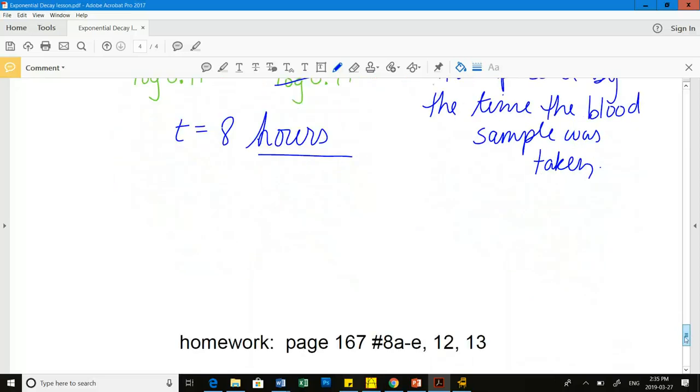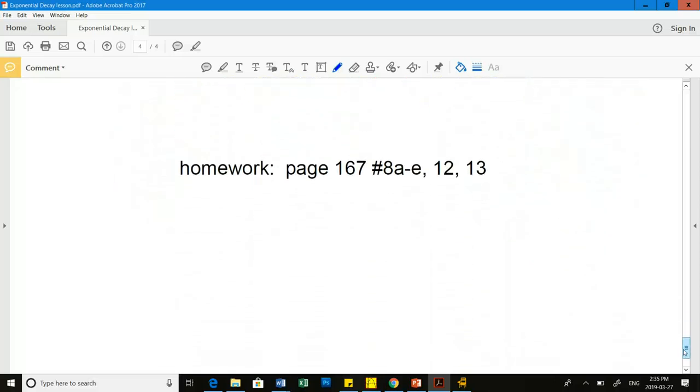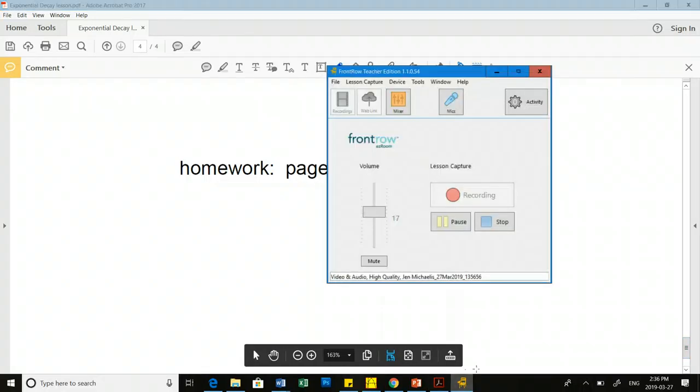Okay, so I have a little bit of textbook homework for us. It's 3 questions, 8, 12, and 13, not even all of 8, on page 167. If you don't have your textbook, I'm going to throw the page up here, and I've also attached it to our lesson in the content area in Edsby. There is also